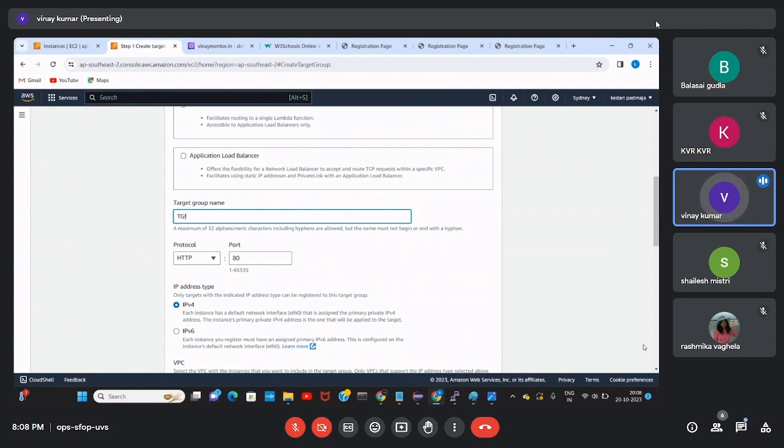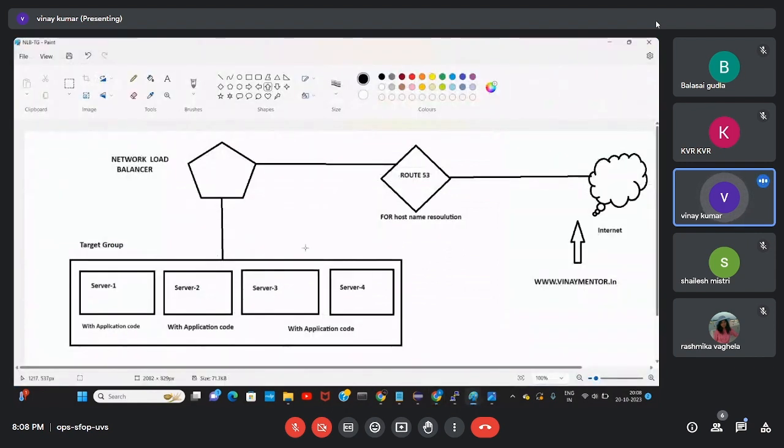Anyone aware of this concept earlier, or first time? For me, it's first time. Okay. I'm giving tg1.